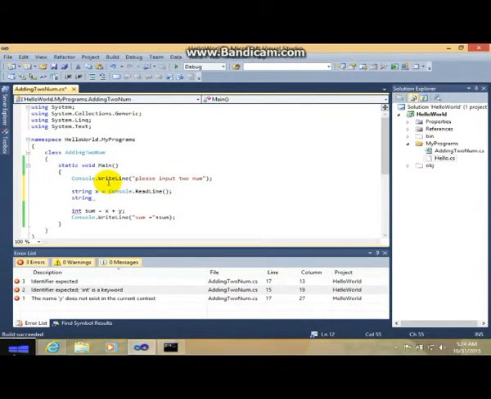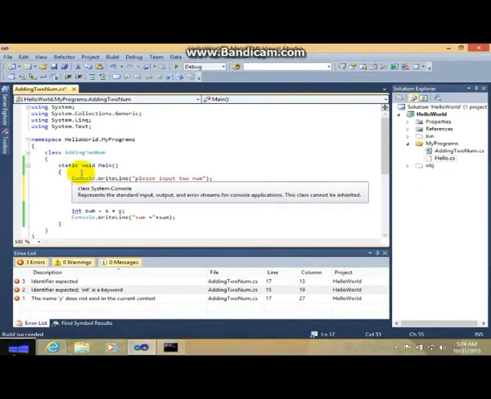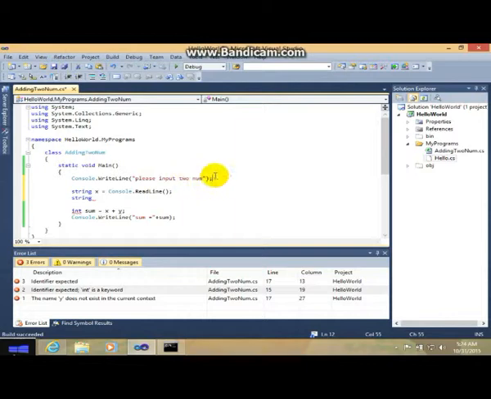Don't you know that the C# programming language is so sensitive, so make sure that you didn't misspell something. And put a string y for the second number for the user to input.